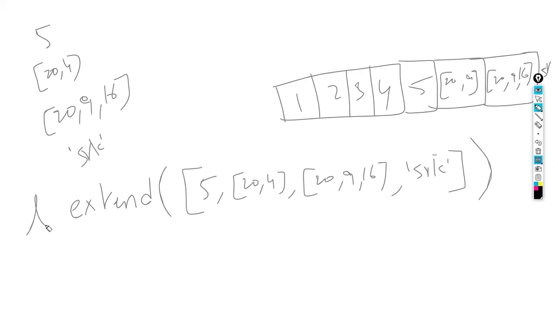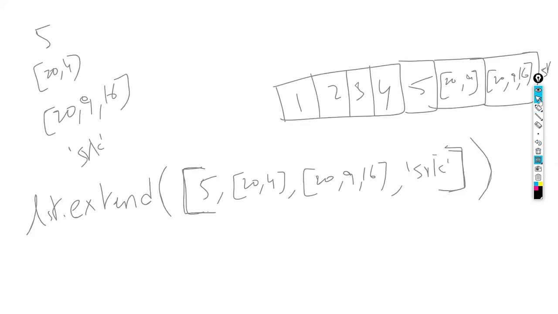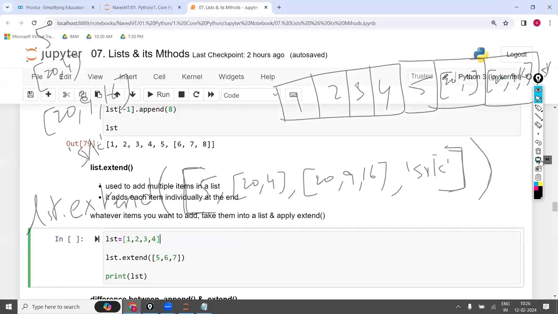Automatically it will be added for the list dot extend. Now when you give the extend, basically it will have only one list, but that list will have multiple items. So now what is it going to have? Just observe this one. Whatever the question I have written here, I'm going to write the same question here also.